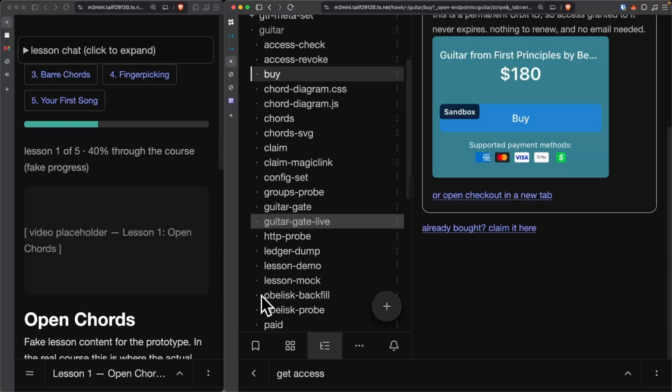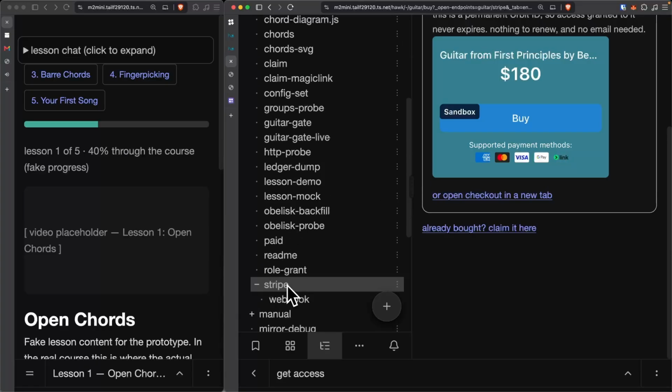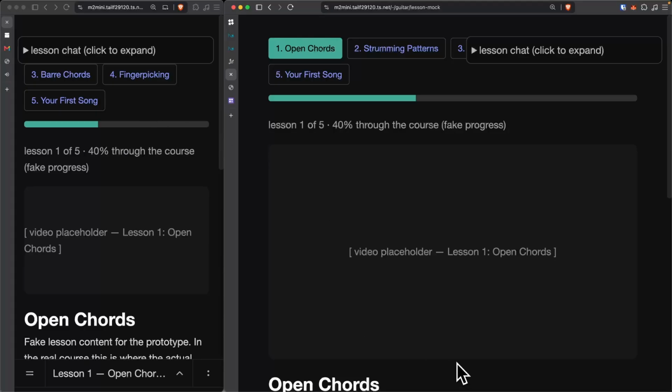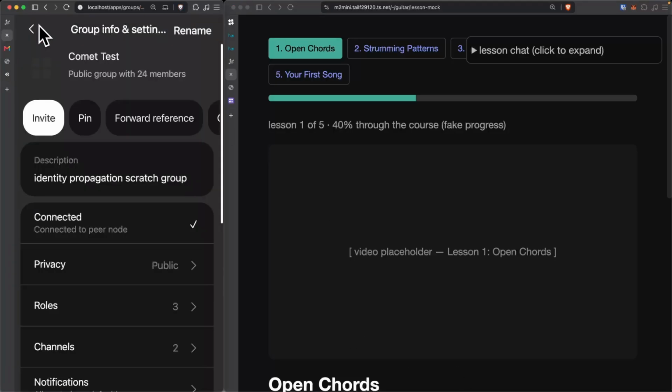So these are the endpoints that I've created. I have an endpoint that says Stripe webhook. That page checks the signature of the Stripe webhook and sees that it's complete. It sees that the Urbit ship is attached to the whole situation and it grants access. It holds its own little list, but the fun part is access is actually controlled